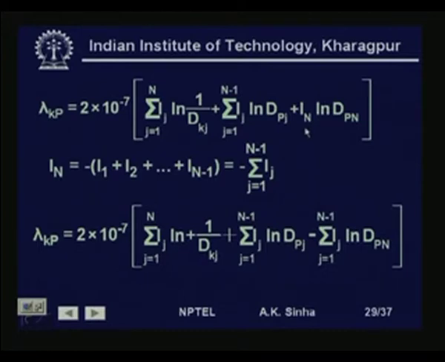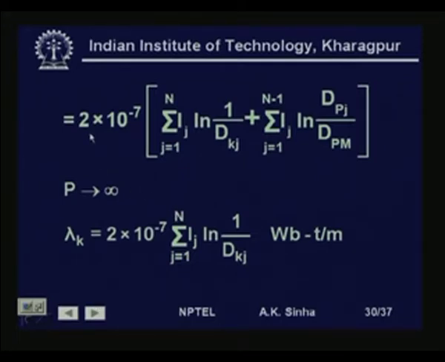So, substituting this here, we get lambda k p is equal to 2 into 10 to the power minus 7 sigma j is equal to 1 to n I j log n 1 by d k j, plus sigma j is equal to 1 to n minus 1 I j log n d p j, minus, for this term, sigma I j, minus sigma I j, j is equal to 1 to n minus 1 log n d p n,